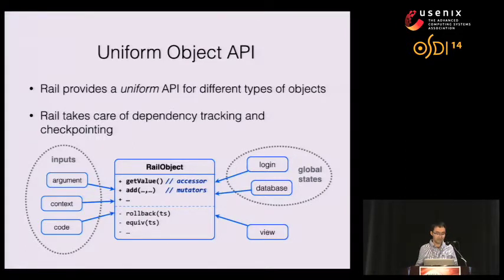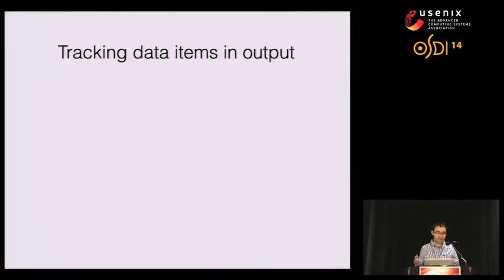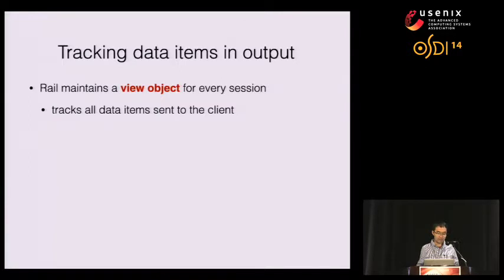As long as the developer uses an API to access objects, Rail will take care of dependency checking and checkpointing. One benefit of this uniformity is that the view object also fits into this interface. And the view object is the key for Rail to check the data items in its output. So Rail maintains a view object for every session, which checks all the data items that have been sent to